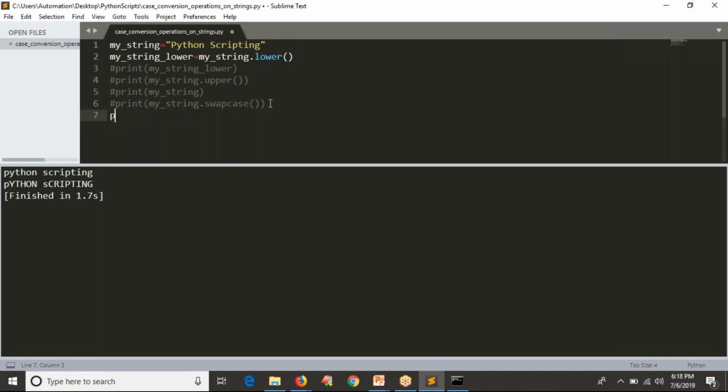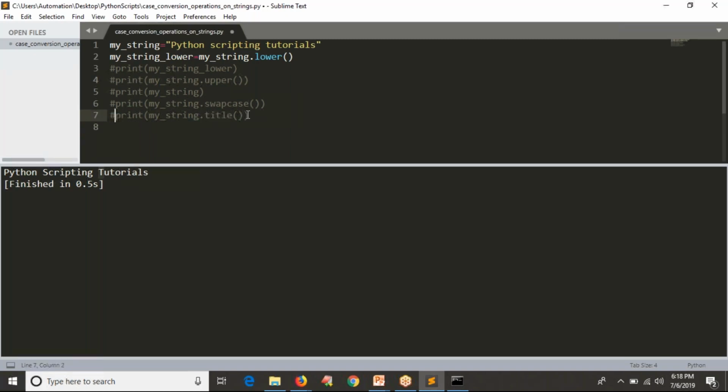Now guys, I want to print my string in terms of title format. So title is nothing but printing the starting letter of each and every word in capital. Already we have here capitalize. Let me make this small letters: Python scripting tutorials. Now if I run the script and see the output for the last print statement, you are getting P capital, S capital, T capital, because you are converting your given string into title format. Title format is nothing but the starting letter of each and every word should be capital. That's what we are doing with the help of title, right?